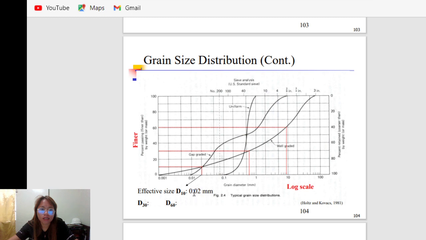This is the diameter of the soil, or the effective size, that has 10% finer. So for example, the 10% finer of the well-graded